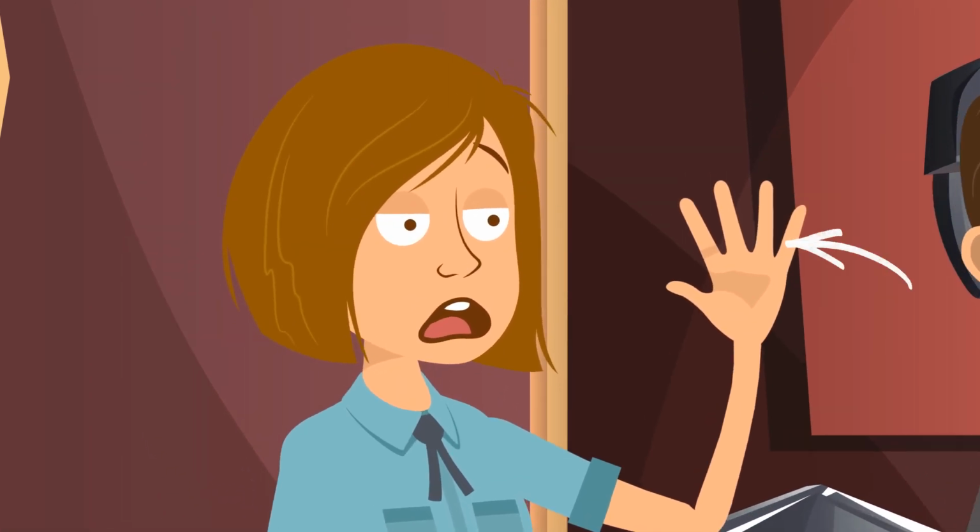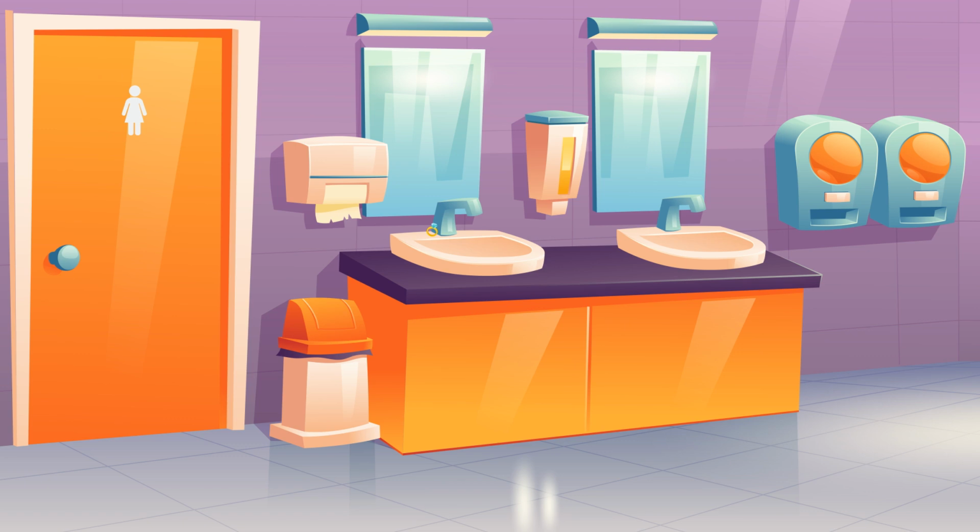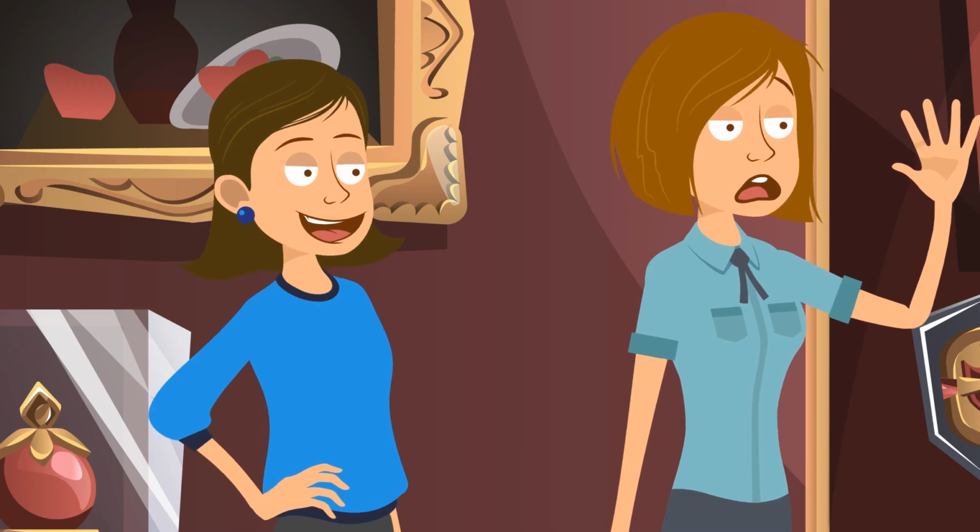Kelly's tan line was on the wrong finger. Tyler wouldn't have been allowed into the ladies' room, and Leah was the only one who knew the ring had